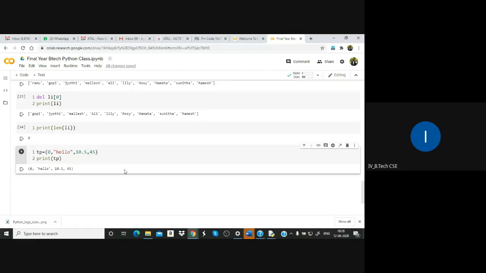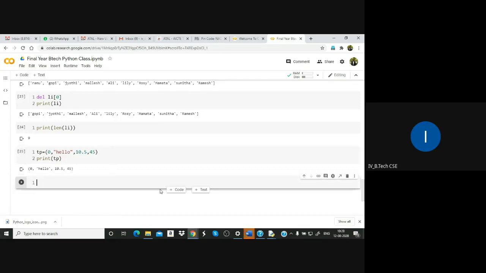By the brackets you can find out a tuple. You can create a list with the list function also. For example, let us take x is equal to some values, this tuple.